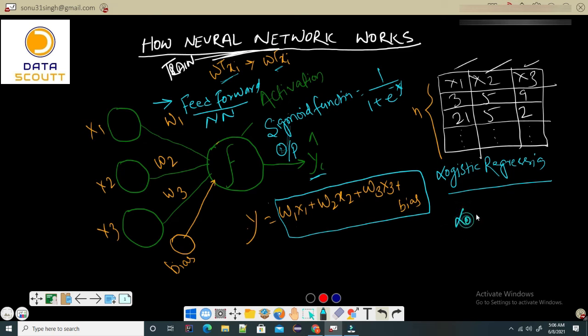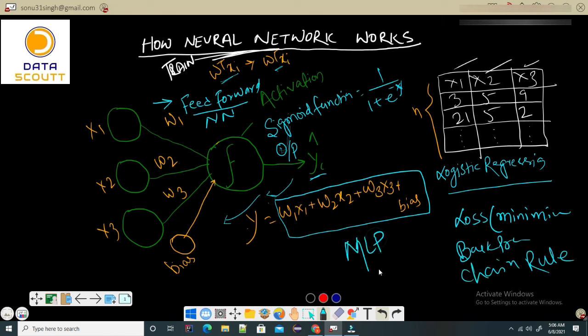We'll see what the loss function is, and how we can minimize the loss function. In the coming videos we'll see how we do back propagation. This is only one way, right? So if I have to minimize the loss, minimize the error, how will we do back propagation, where it gets traversed backward and we update the weights. We'll see back propagation, the chain rule, and the multi-layer perceptron and how it works. These are all the topics we are going to cover in our next few videos.